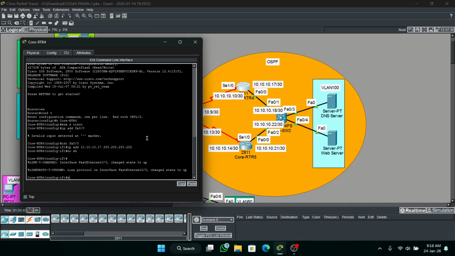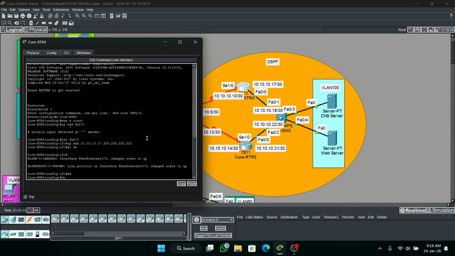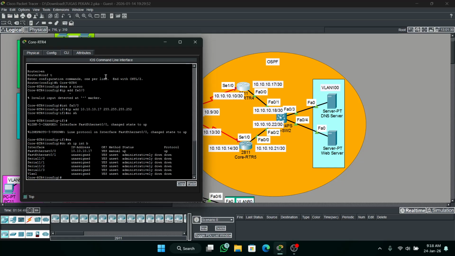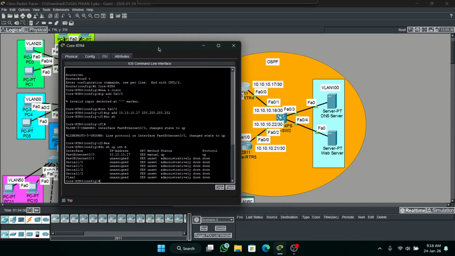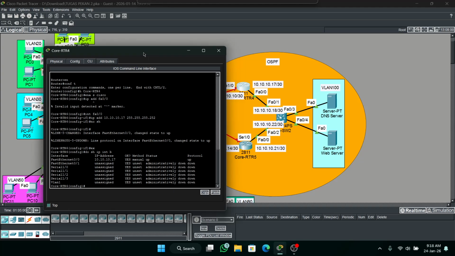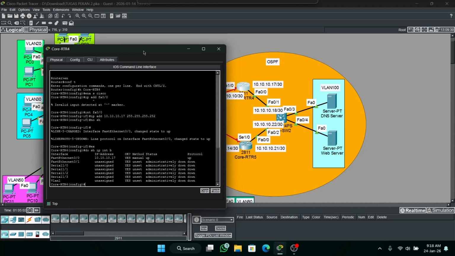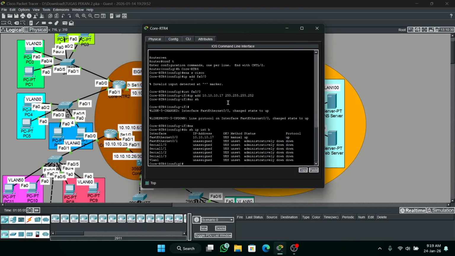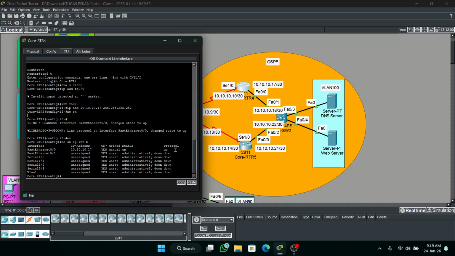Configure like before. As you can see, there is no clock icon here, so we must not configure clock rate right here.